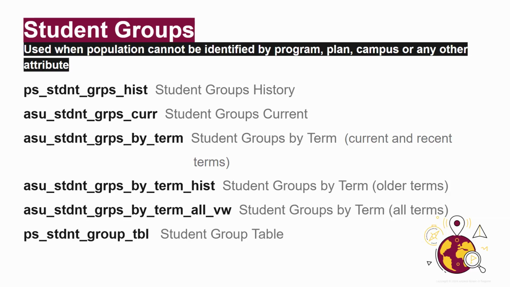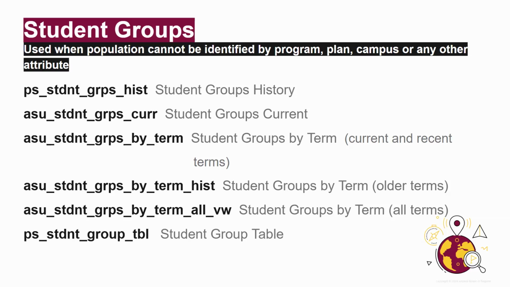The example I like to say is, let's say you need to reserve seats in a class for students that like Honey Nut Cheerios. Well, that's not stored anywhere. We don't ask that on the admission application. We don't know who those people are, but if somebody needs to do that and they have a way of finding out who likes Honey Nut Cheerios, and they want to tag students with that student group, they can do that, and then they can reserve seats for those students in their class. That's a bad example, but